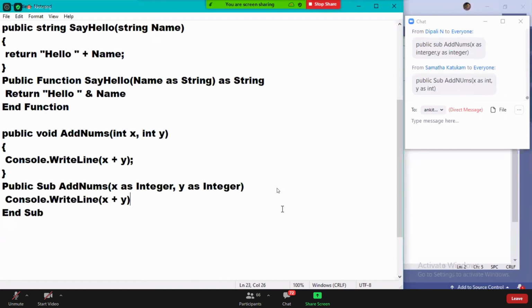If it returns a value, then you say As String. When it doesn't return a value, there's no point in writing void there. Understood, guys?